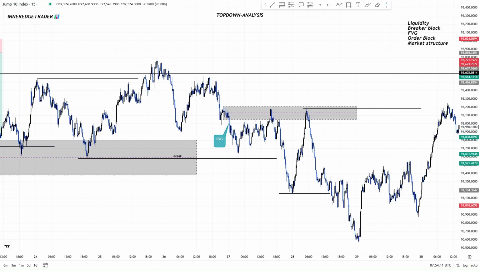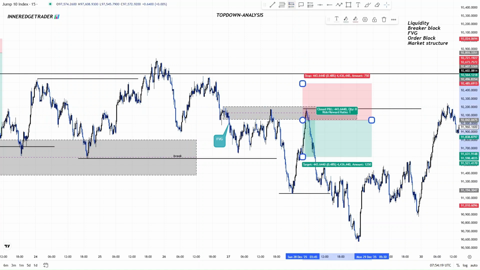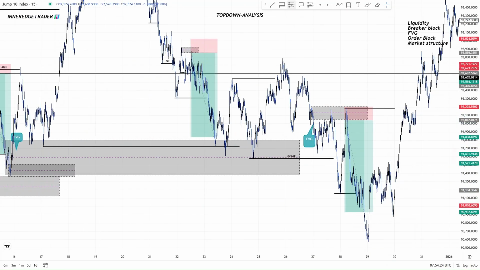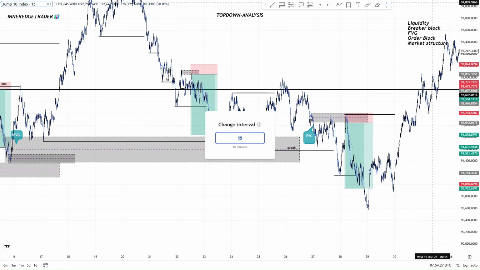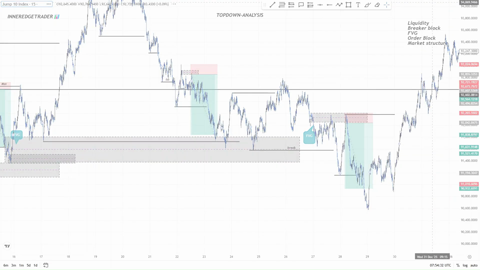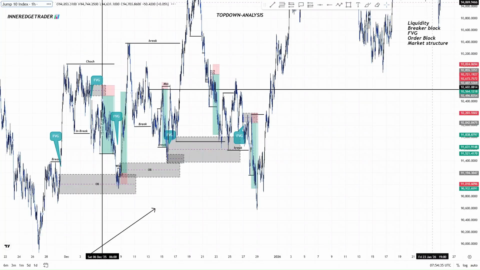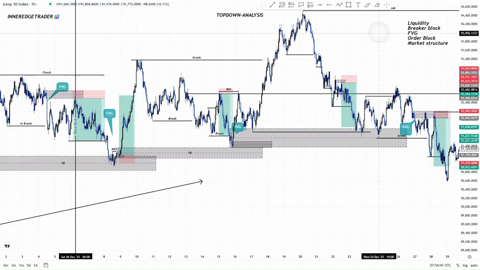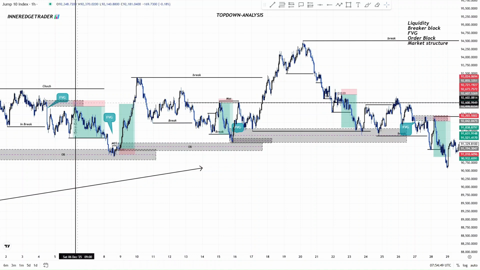So cancelling this, we'll take our entry on the 15 minutes, keeping a nice win to reward ratio at 162,000. And you've gotten yourself a nice trade using the same structure all over and over again, and the same understanding all over again. So this is like compound interest. So if you were to analyze this trade, old trade, you've gotten a nice 5 trades in just